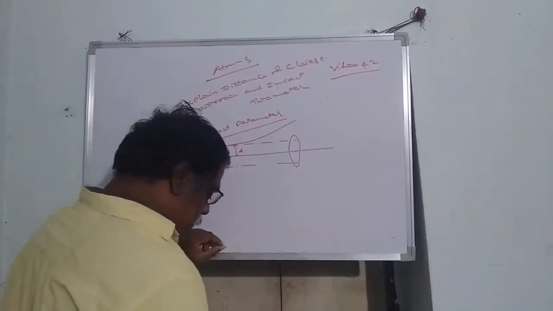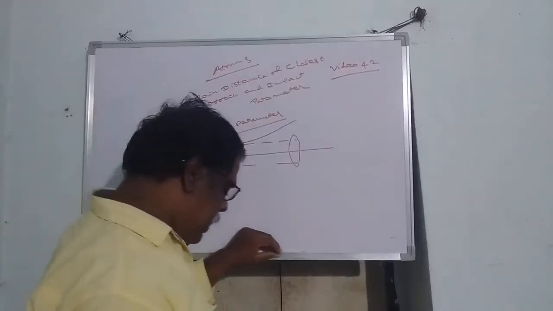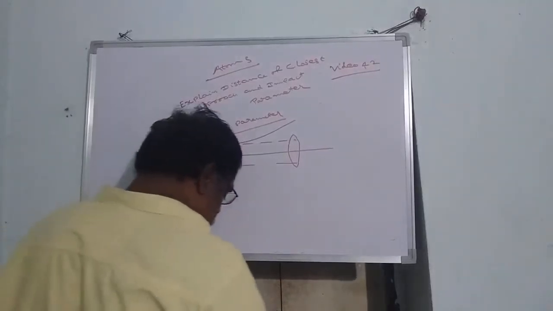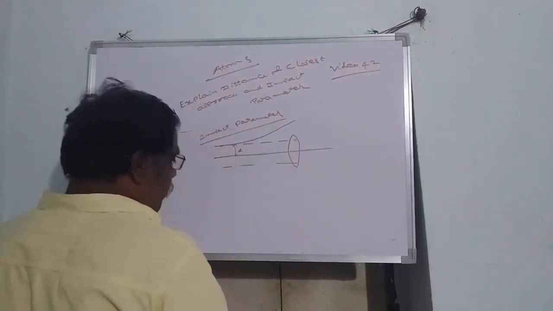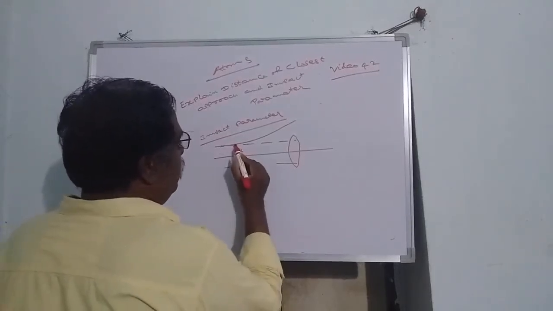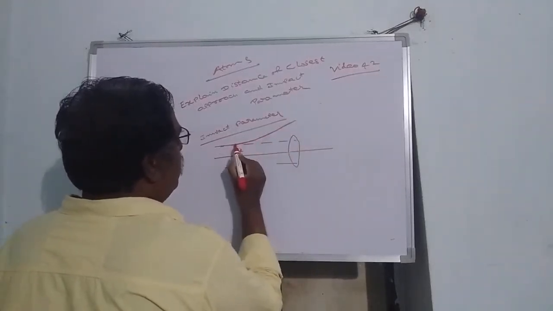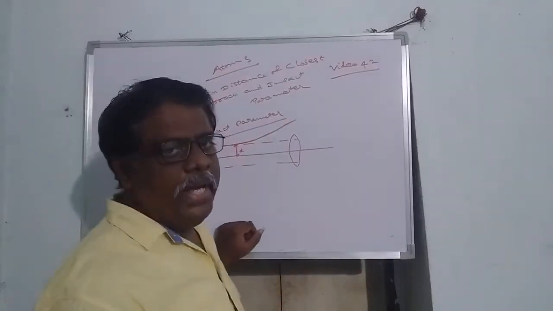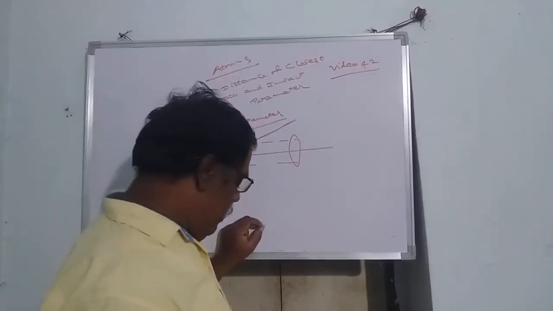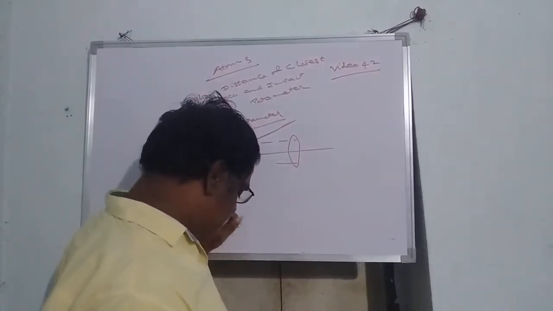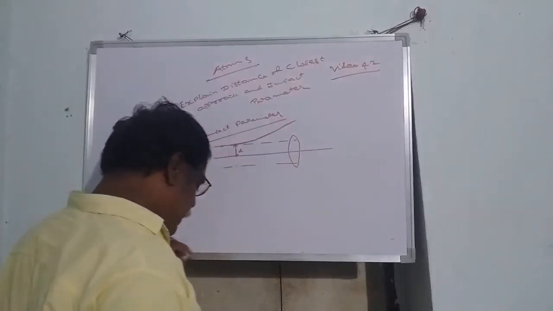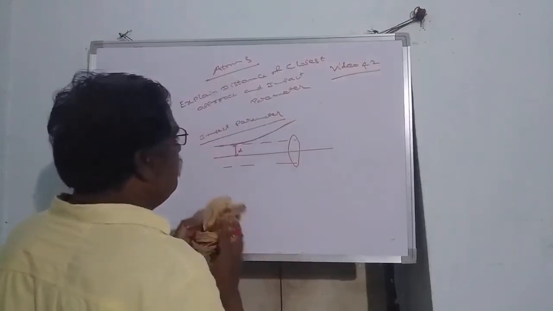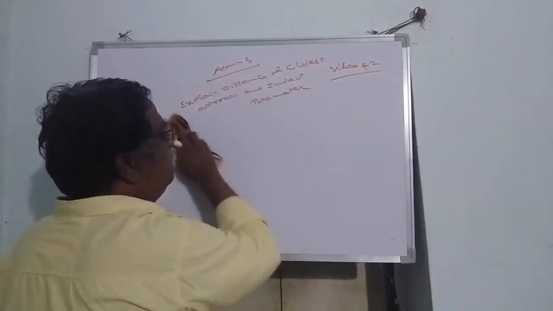So what is the meaning of this impact parameter? Impact parameter is defined as the perpendicular distance of the initial velocity vector of an alpha particle from the center line. The alpha particle will be deviated. So from the point of deviation to the center line, the perpendicular distance will be called the impact parameter. How can we define impact parameter? It is defined as the perpendicular distance of the initial velocity vector of the alpha particle from the center line of the nucleus. That is called impact parameter.